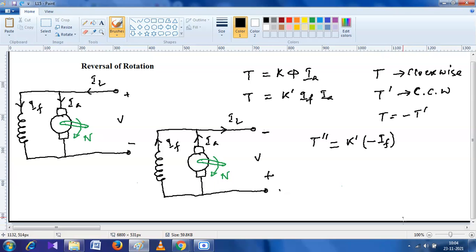So the direction of the field current changed, and we have to represent it by minus If. And in case of armature current, what should we write? Ayush, what should we write now? Minus Ia. That means if we simplify this equation, what is the final form? This is the final form. That means it is equal to the T,